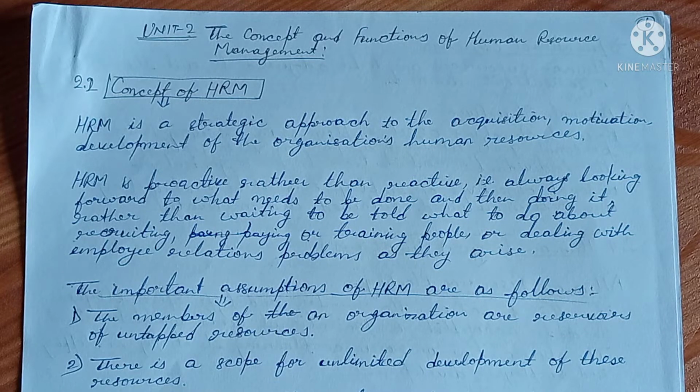Okay, so this is MS-2, Management of Human Resource. Sorry, it's not the second block, this is the first block. The name of the block is Human Resource Management: Context, Concept and Boundaries. And this is the second unit, and the name of this unit is the Concept and Functions of Human Resource